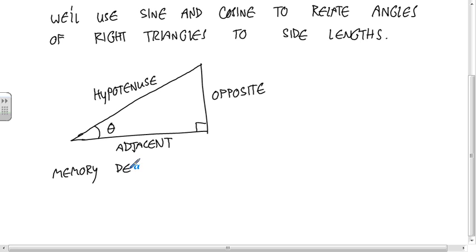The y-axis angle, does it have a specific name? No, because they're not always aligned that way. Okay, right. So memory device,